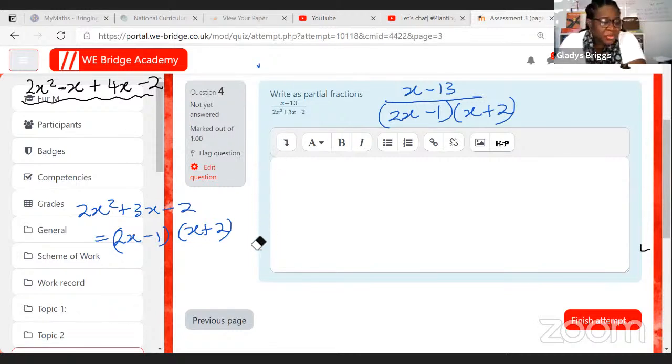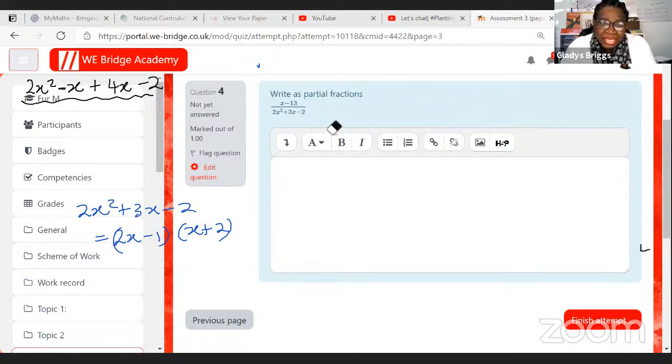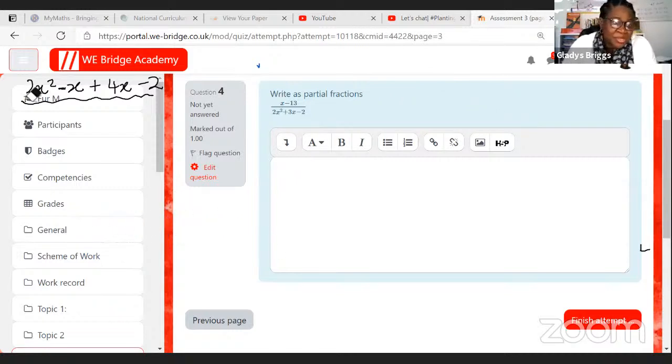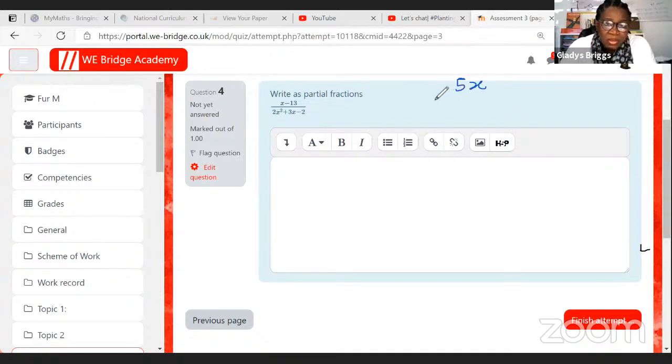Okay, so I'm going to show you what you should have had for this one, but I'm going to use a simpler example to demonstrate to you what you really should have done, okay? And maybe you will get something that simple in the exams, but this was your assessment, so I wanted you to crack on with it. But let me show you with a simple example. Let's say you have 5x on the top there over,